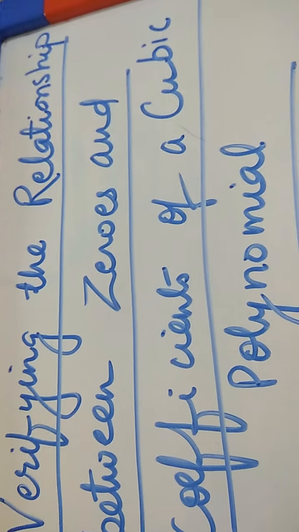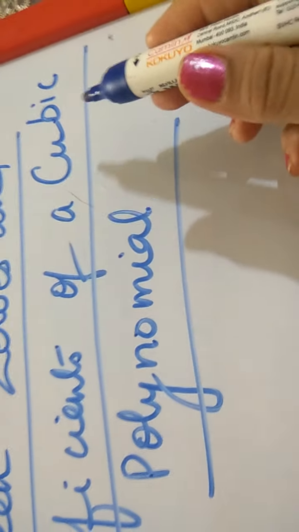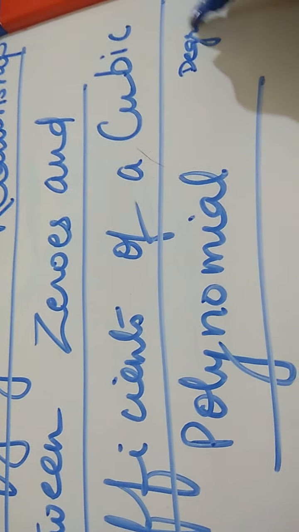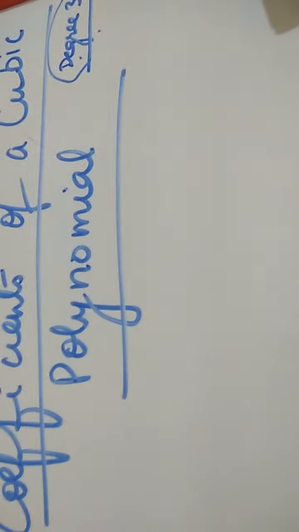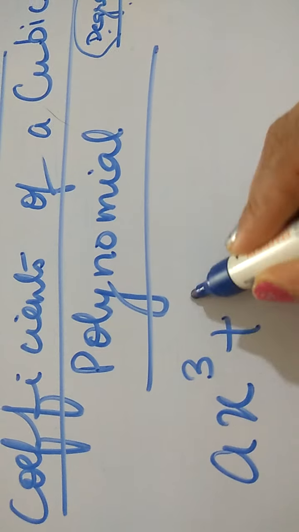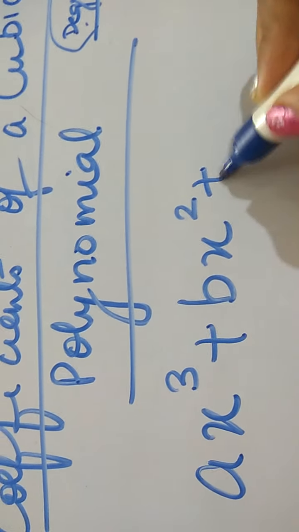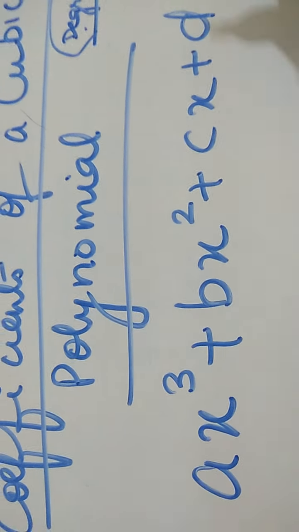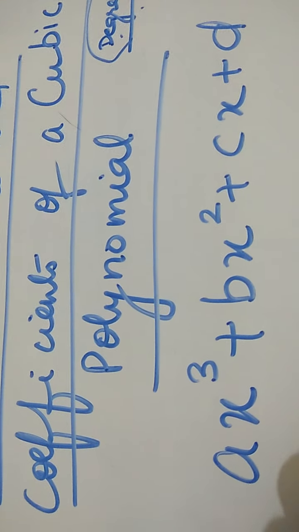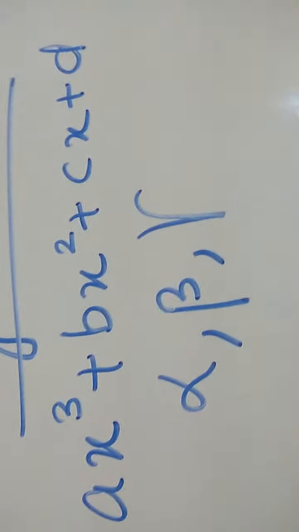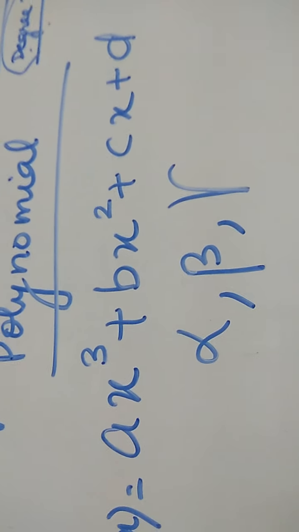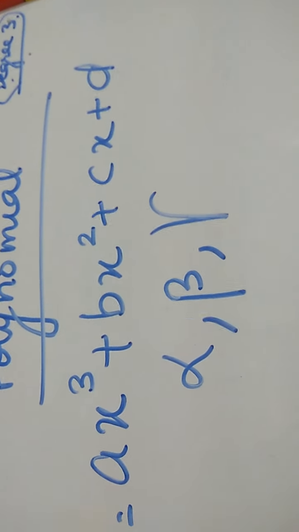So we are verifying the relationship for a cubic polynomial. Cubic polynomial means the degree of the polynomial will be 3. Now let us take a general polynomial first. It is written as ax cube plus bx square plus cx plus d. This is a cubic polynomial, and let alpha, beta and gamma be the 3 zeros of the polynomial. Then